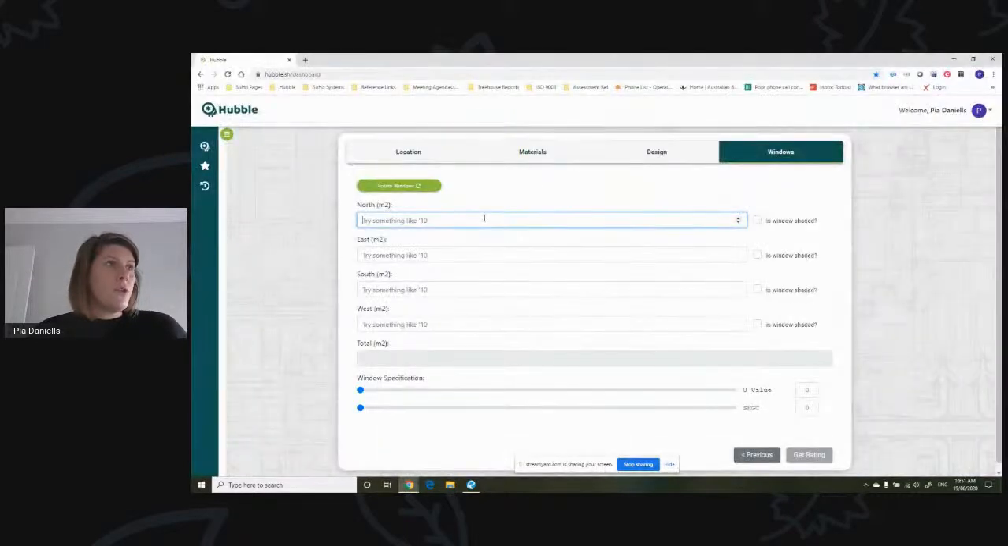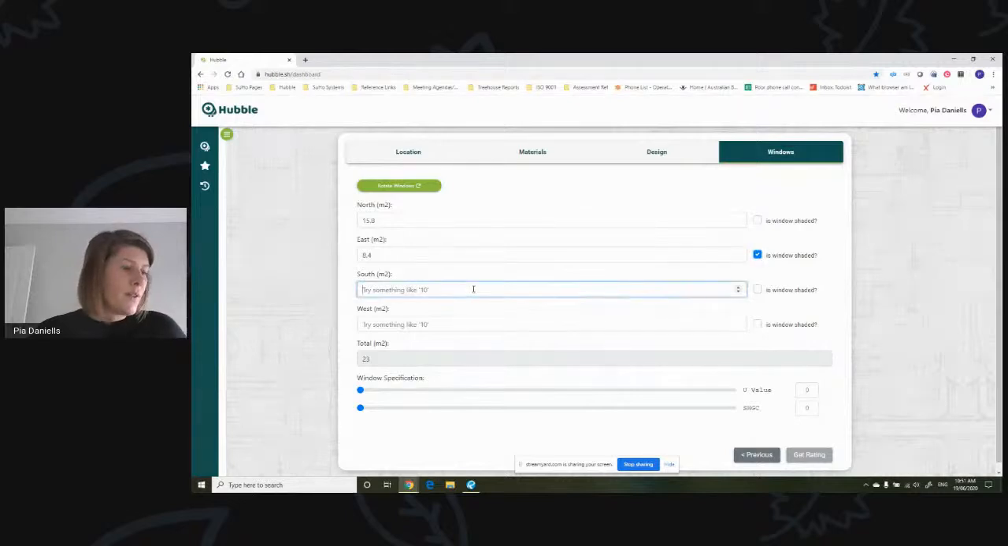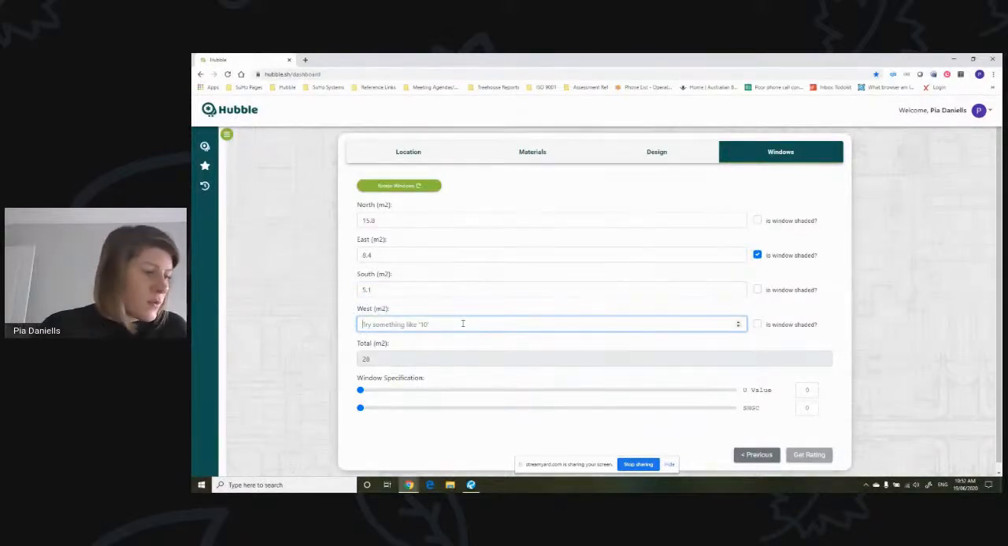So for the north, we're looking at 15.8, and the upper level windows don't have shading on it, only one window does, so we're not going to shade these windows. The east has a total of 8.4 meters squared, and we know that that had the pergola. The south has a total of 5.1 meters squared without shading, and the west was 11.3,